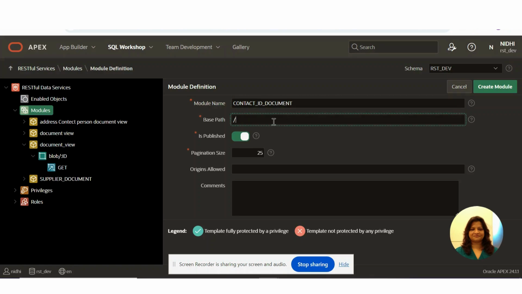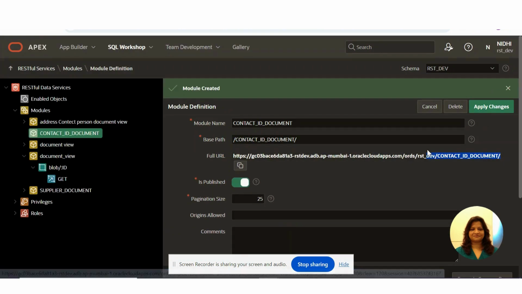I created the path contact id document, correct, and created.